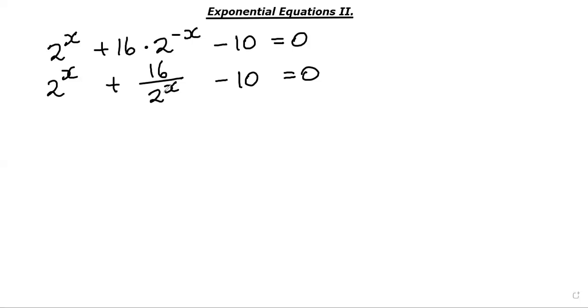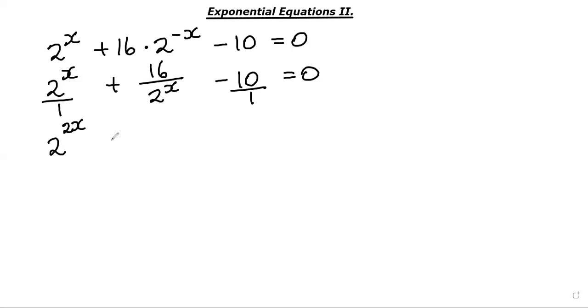Then from this point, you realize we are dealing with an equation that involves a fraction. And last time we said we hate fractions in this case. Our aim is to destroy the fraction. So we have to multiply every term by the lowest common denominator, which is 2 to the power x in this case. So if you say 2 to the power x times 2 to the power x, you get 2